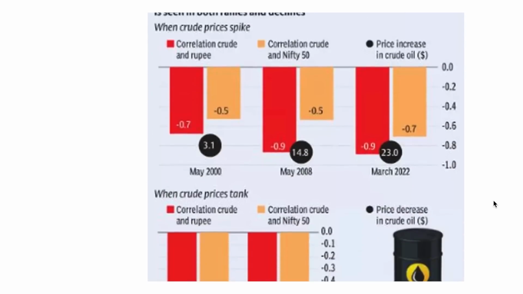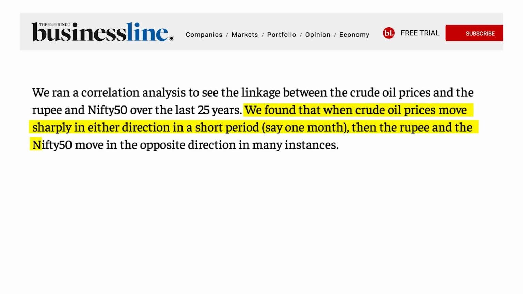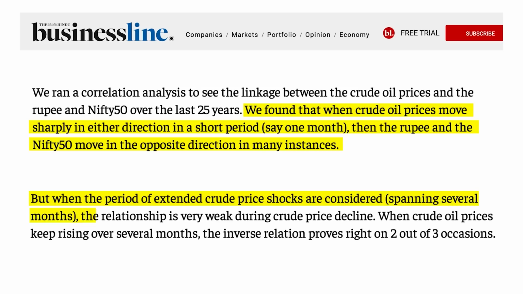correlation analysis found that in the short term, so let's say a month, when the price of crude moves sharply in either direction, then the Nifty 50 has almost moved in the opposite direction in many instances. On the other hand, over a longer period, so maybe a few months, it's generally seen that there are some additional influences. So it's not crude oil specific, and therefore the stock markets tend to go in the same direction